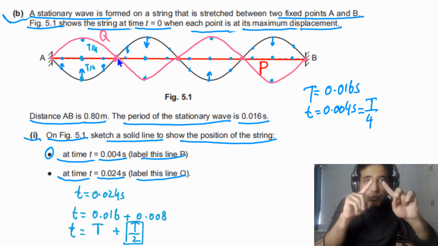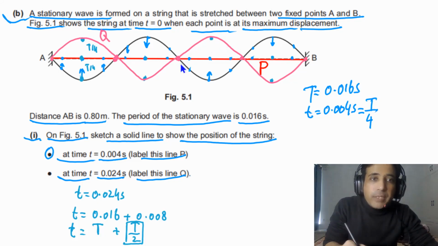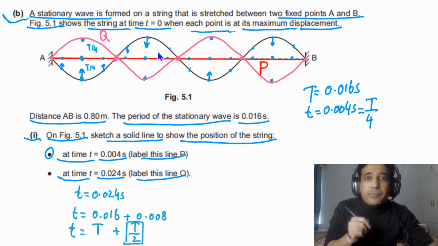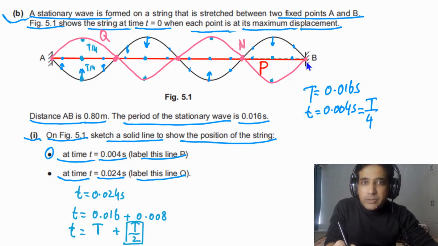The same is true for this particle and any other particle, they are always in antiphase. So these points are very important. If I look at this point, this one is the node, all the particles in this loop and all the particles in this loop are in antiphase, meaning they have a phase difference of